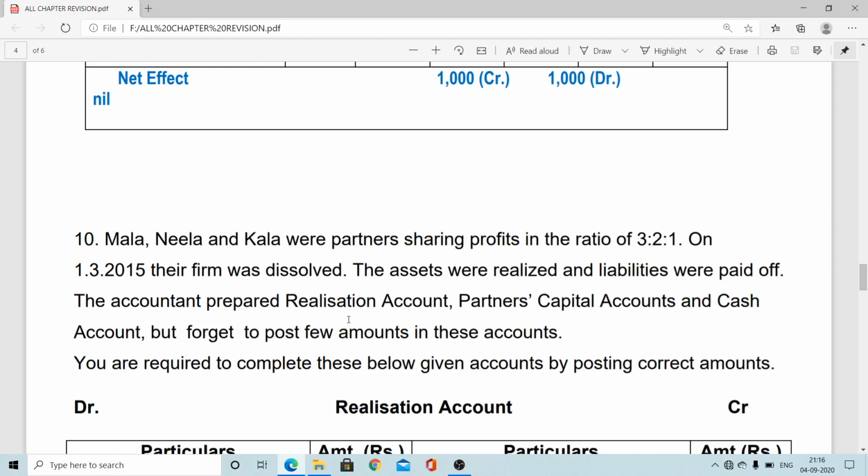In the case of a non-trading organization, it is like preparation of income and expenditure account as well as opening balance sheet and closing balance sheet. So far we did the same type of problem. It will be comparatively easier than what we have done. Just by using logic, we can solve it the simple way. Anybody can solve it here. In the case of non-trading, the easiest problem is provided.